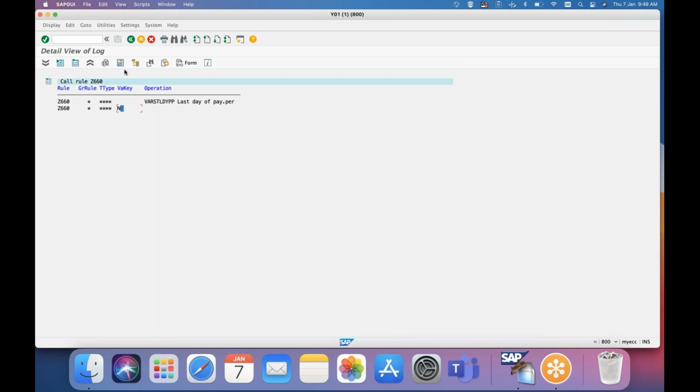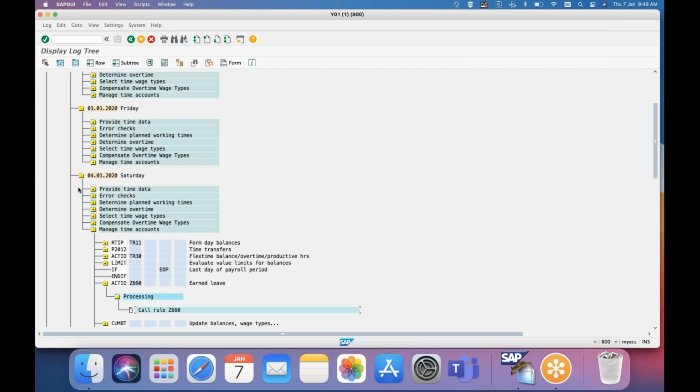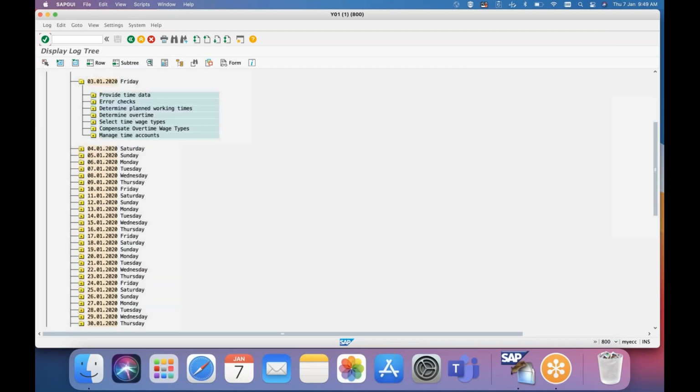So if your organization has multiple types of things, instead of using LD by PP, you can use LD by 01. Based on period parameter 01, it will query whether it is the last day of the month or not. Similarly, if you go to the last day of the month now,